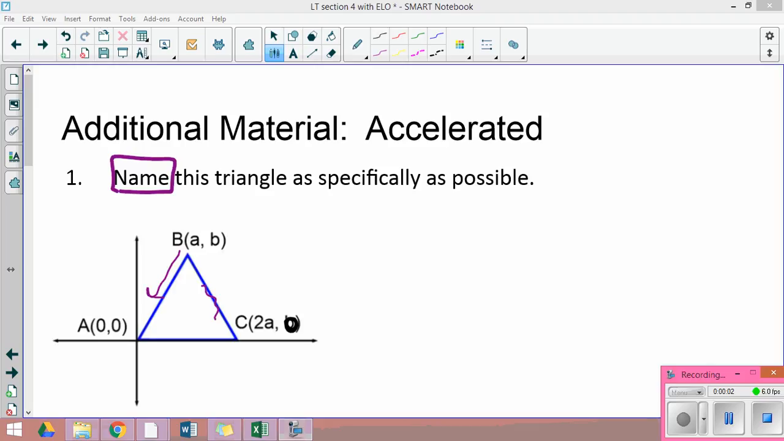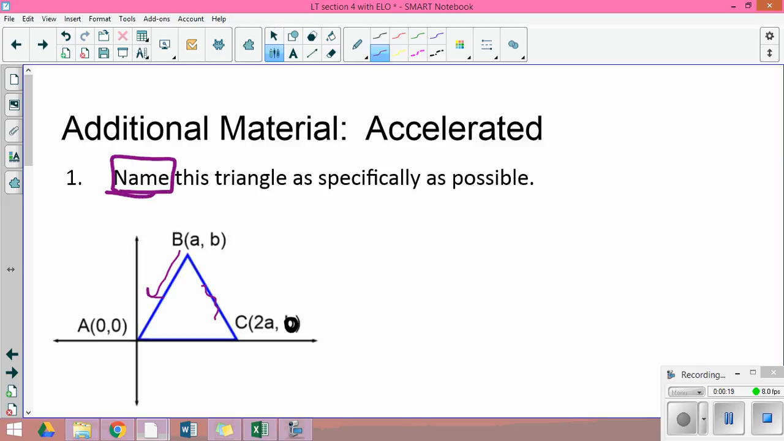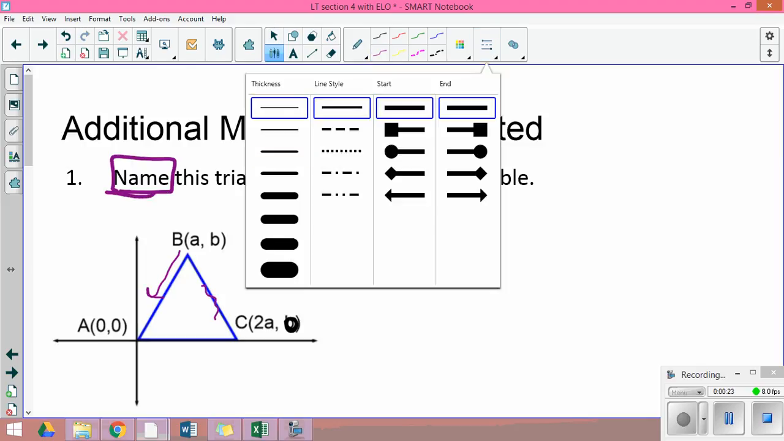So if we are going to take this idea of proofs one step further, we want to prove things with generic cases. So we're proving them for all possible examples, and we have to do that with variables. We can't use specific coordinates. So naming as specifically as possible means that we need to look at side length, because that's how we name